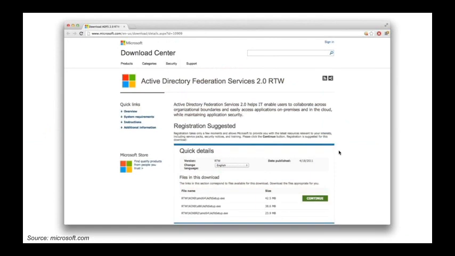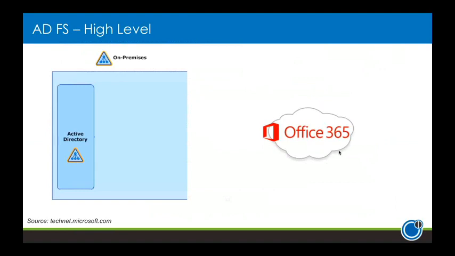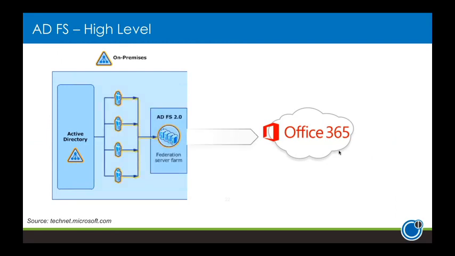It's all well documented, how to install it. There's a planning guide. You can look at what you need to do here. And let's have a look at what the implementation guide would tell us to do. Again, this is all from TechNet, so it's information you can get after this webinar as well. So we have AD running on our Windows environment behind the firewall. We want to integrate to Office 365. The first thing we need to do is download this free piece of software called ADFS and build this